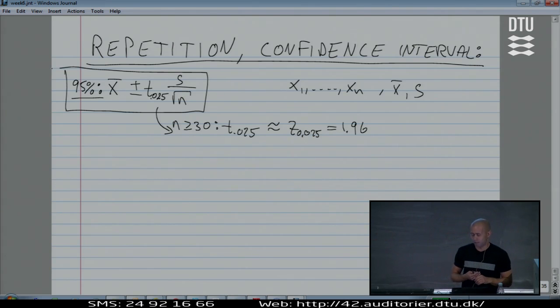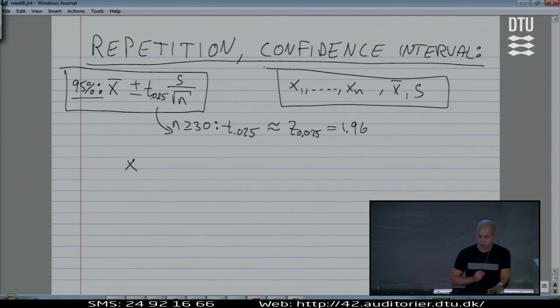Now, what is the thinking that actually justifies this? Well, it comes here now. So it's a kind of a mathematical proof, although not exact in this way. I'd like to convey more the thinking than the actual details of the math. The thinking is the following. When I use up here a single average, I have some numbers, I compute the average, that's what I'm going to use in my company or in my research or in my society. If I'm the health authorities in the society, I may look at an average of how it goes with some illness, and then I use that in my recommendations to the people in the country.